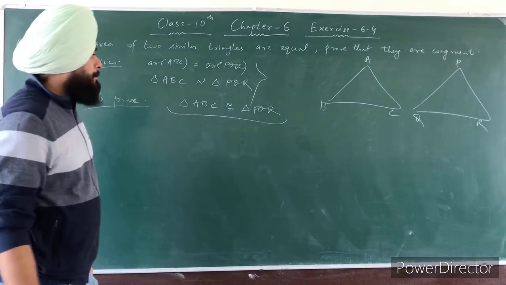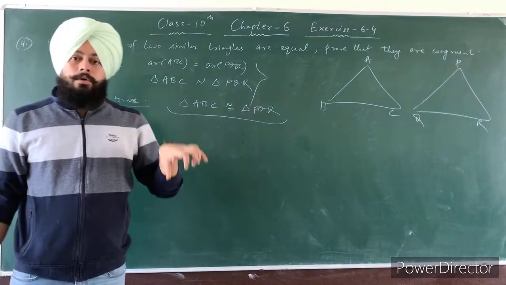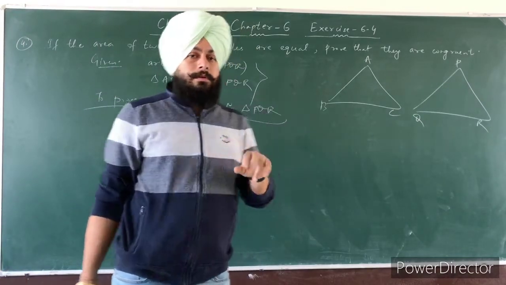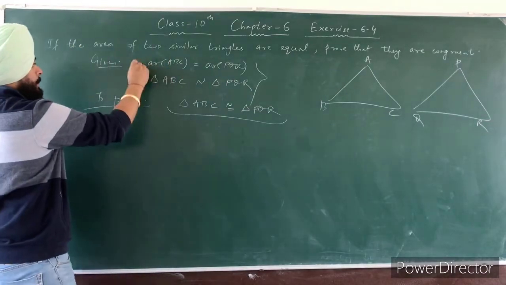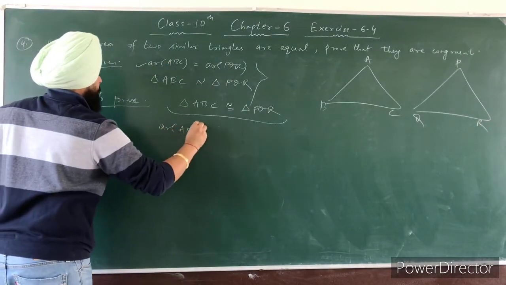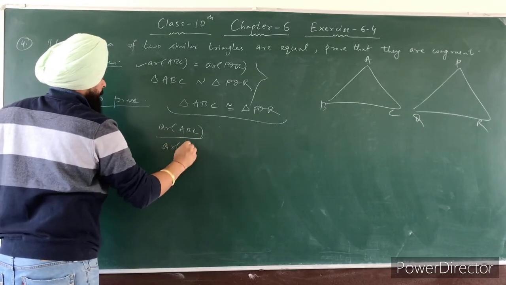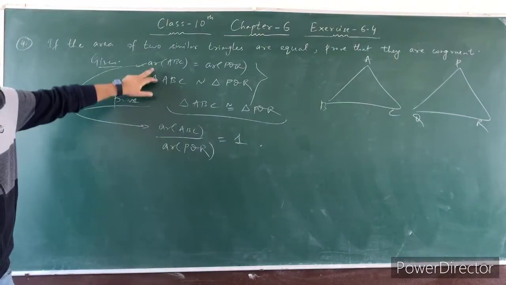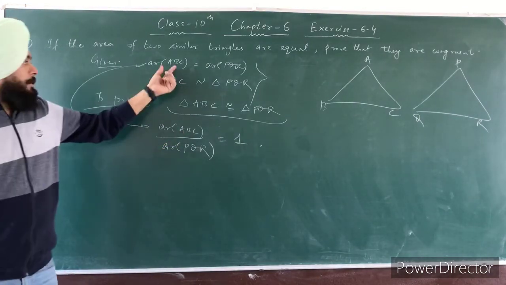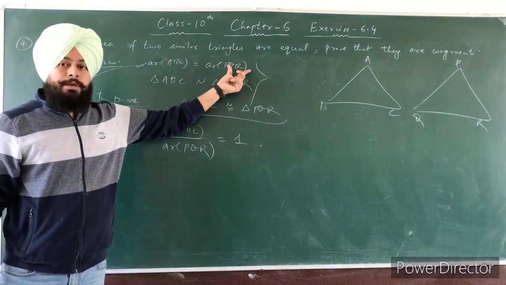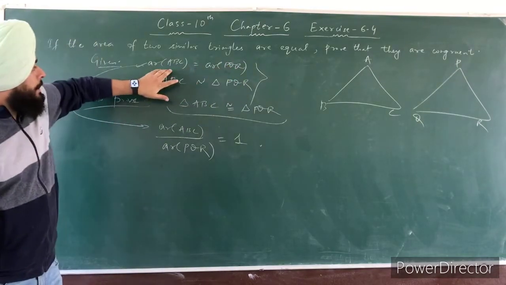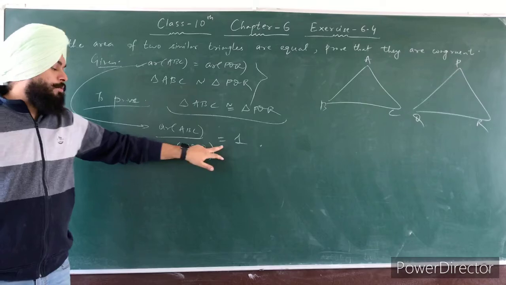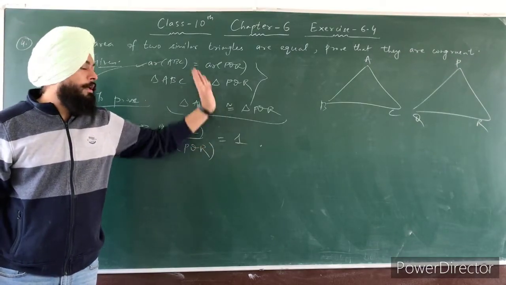So first we know that to prove the triangles congruent, we can show all its three sides equal. Alright. So first take this condition, area of ABC divided by area of PQR is equal to 1. You can write this term also like this: area of ABC is equal to area of PQR. So when you take this on the left hand side, it is divided by area of ABC, and area of ABC over area of PQR is equal to 1. 1 should be left on the right side.